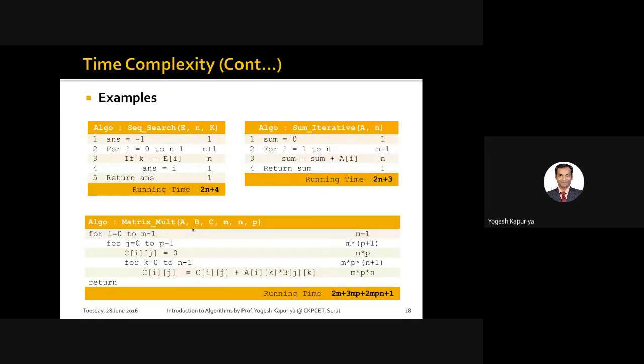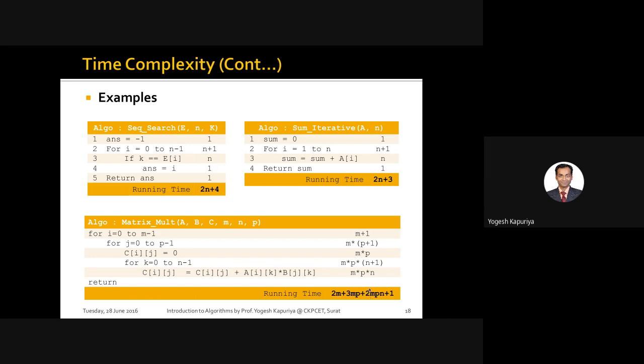Now go back to this algorithm, matrix multiplication. See the equation. It's 2mpn. So it's basically a cubic equation. Now see the loop structure. You have a nested for loop. So you have a for inside a for inside a for. So basically this is a nested for loop to the third level, or third degree. And that's why you are getting a cubic equation.